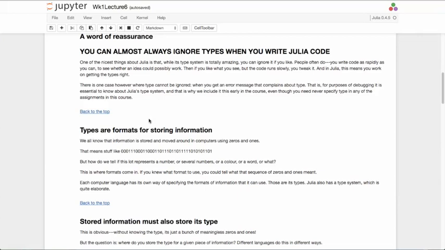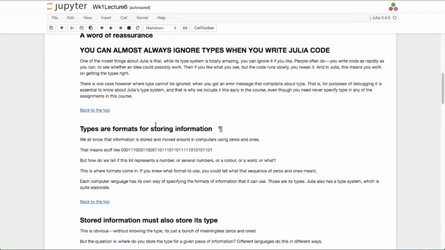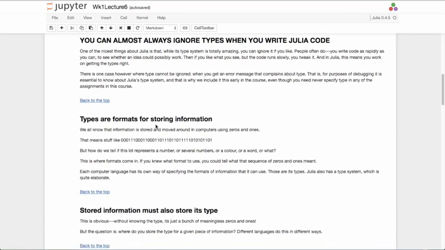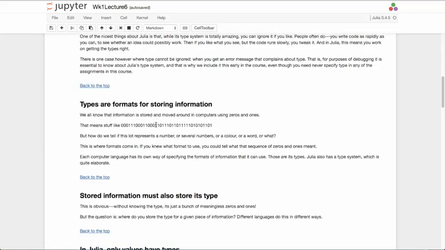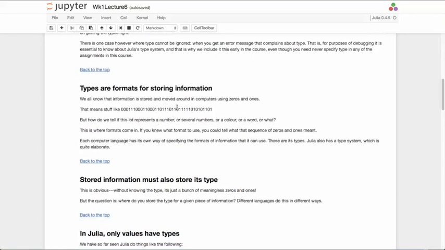Alright, so what are types? Types are formats for storing information. Suppose we have a sequence of zeros and ones. We all know that that's how computer code actually represents information. 0, 0, 0, 1, 1, 1, 0, 0, 0, 1, 1, 0, 0, 1, 1, 0, 1, 1, 0, 0, 1, all these zeros. It becomes completely meaningless to a human being, but it's perfectly meaningful to a computer, isn't